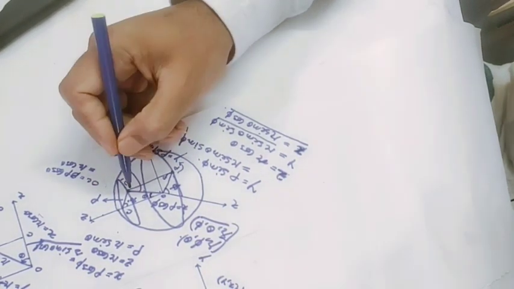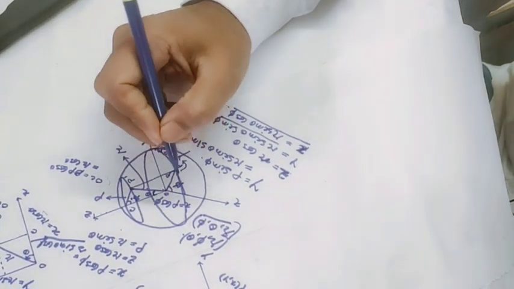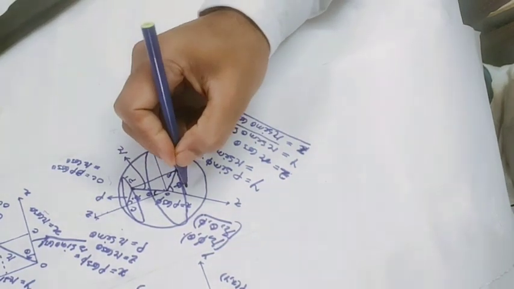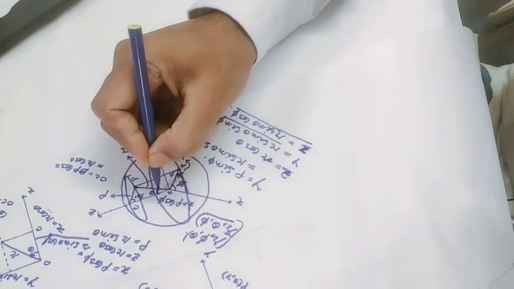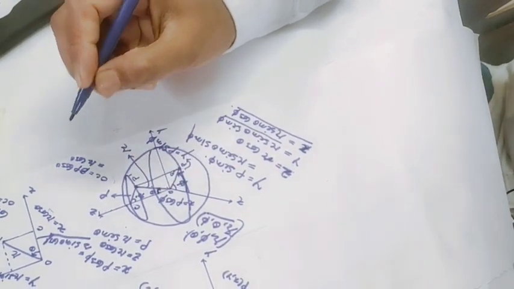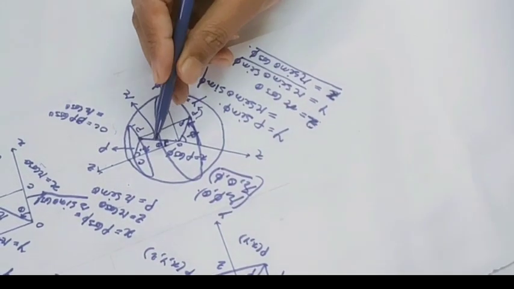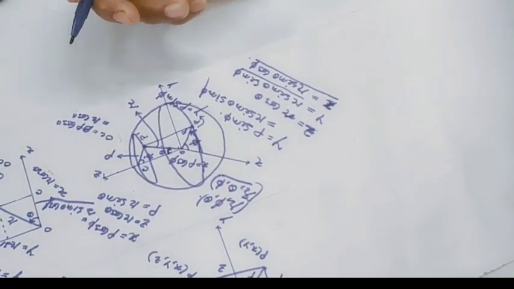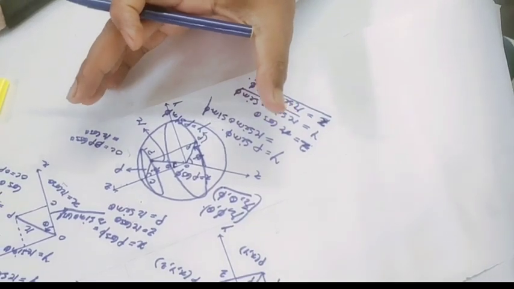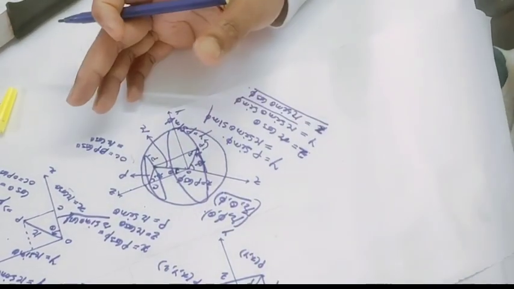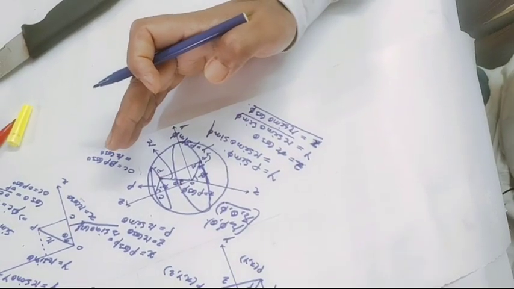Then what is phi? It is the projection of this point in the xy plane and the angle made from the x axis. So if you consider this, then this will be in the anti-clockwise direction, and this theta will be in the clockwise direction. Now changing theta, you will get the whole sphere, as I told you. Changing phi, you can get the whole sphere. Changing r, you can get the whole sphere. Hope you have understood the picture, the spherical polar coordinate, and how you can transform from spherical polar coordinate to Cartesian coordinate system. Okay, so in the next video